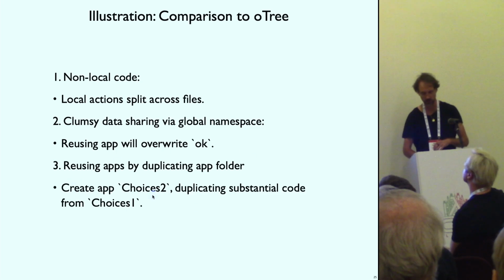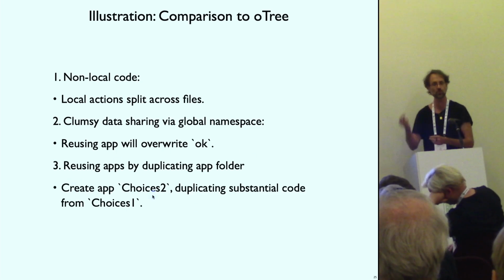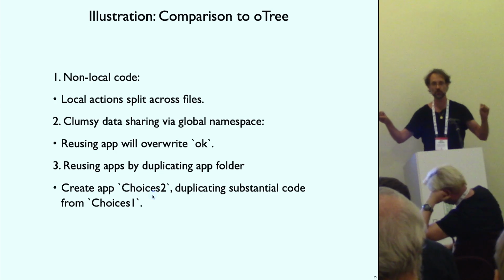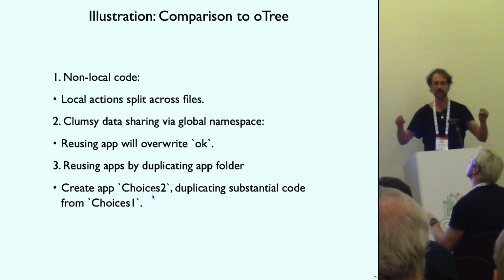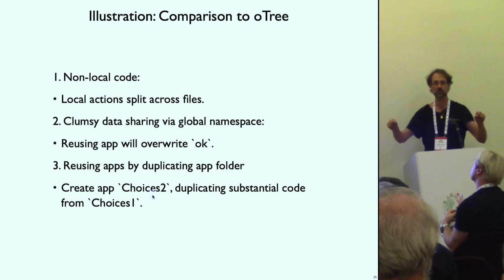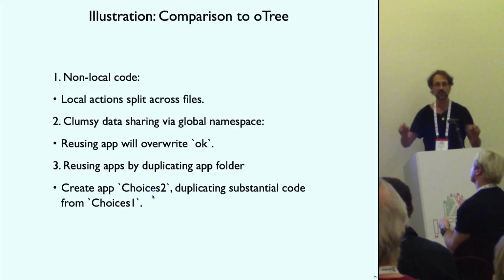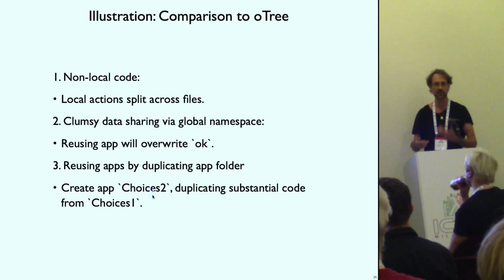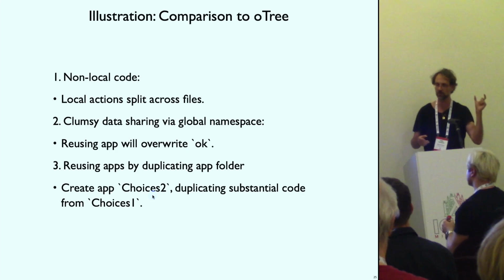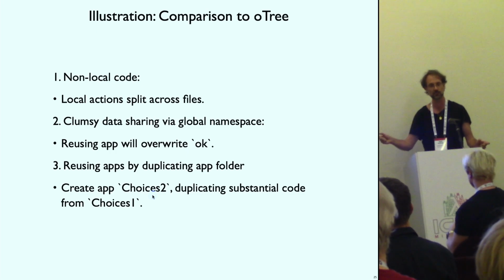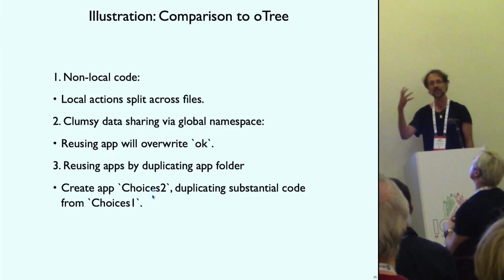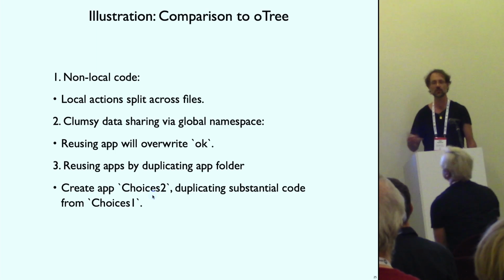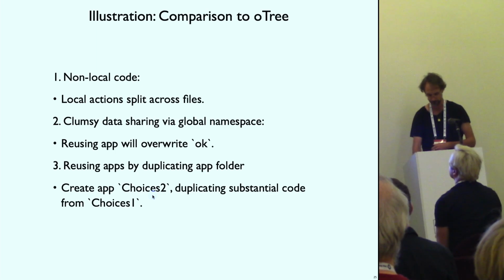Finally, something that is not obvious from the example I showed you, but if I wanted to have 2 coin tosses, but in different places, and I wanted to reuse that same app, the way I reuse it is as follows. Take the app, copy paste it, move it over, rename it choices 2, do some changes to it, now you can use it again. This is like the world's most horrible way of reusing. This is literally why I left O-tree, because I had an app called Tasks 5, Tasks 10, and Task Random, which were essentially for running 5 tasks, 10 tasks, or a random number in different places in my experiment. And you can see how that's not a composable way at all for doing it.